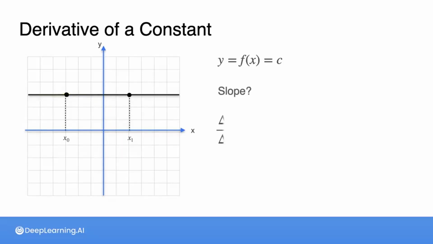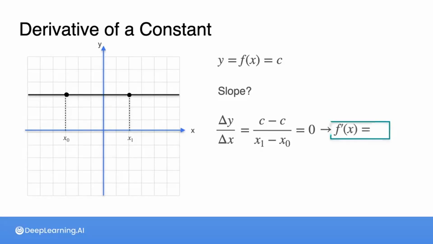Well, the slope is delta y over delta x. Now the change in y is always 0 because y is always c. So it's always c minus c. And therefore the numerator here is 0 and the denominator is not 0 if we take x0 different than x1. So therefore this slope is always 0,